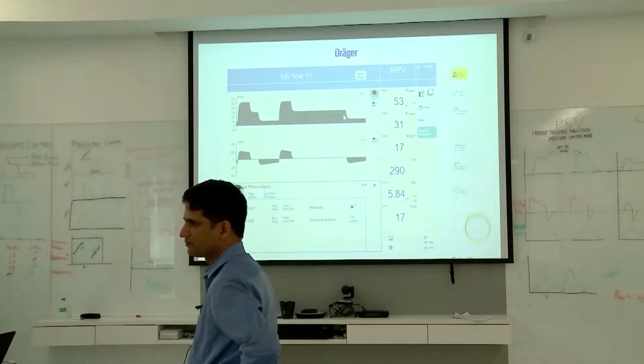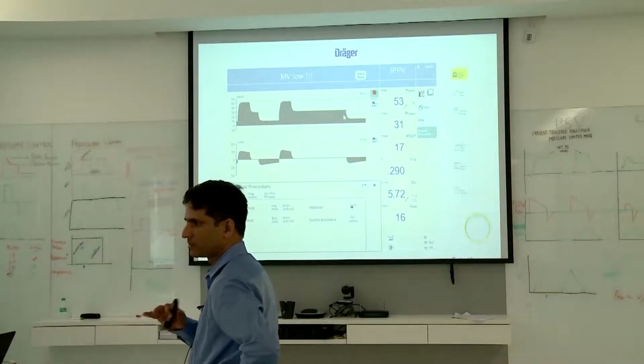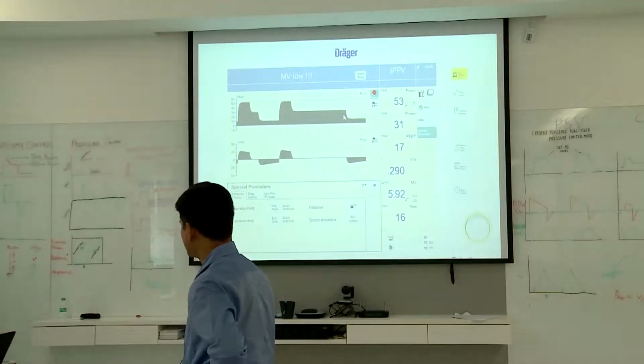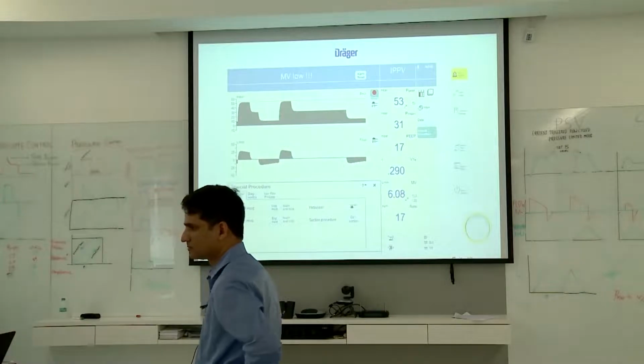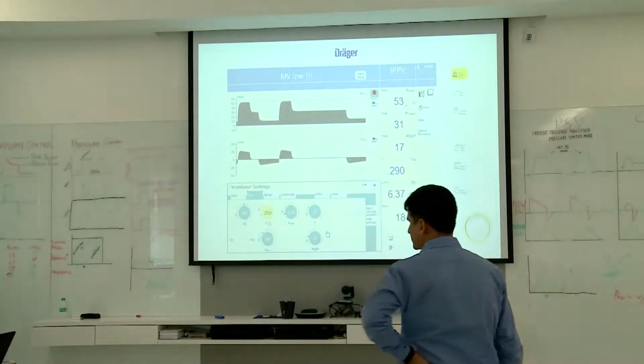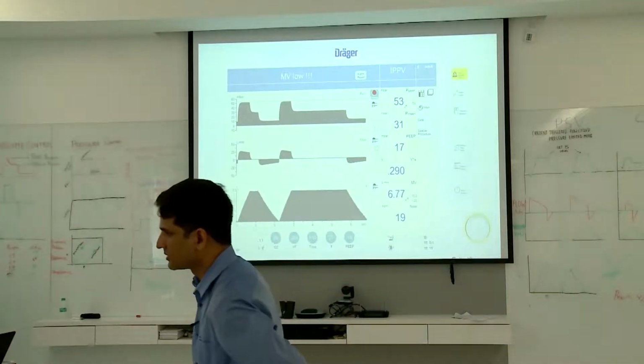You can also reduce still 1 ml per kg. You can go up to a maximum of 4 ml per kg. Understand? So let's see how this looks like at 4 ml per kg. It's already 4 ml per kg. Okay. So we cannot reduce the plateau pressure lower than this.